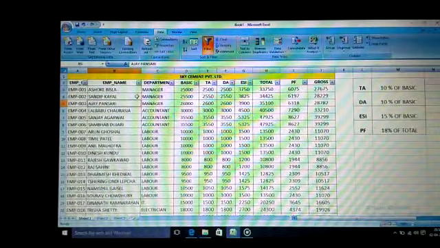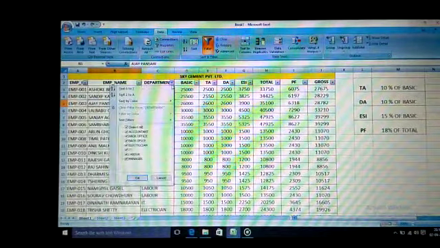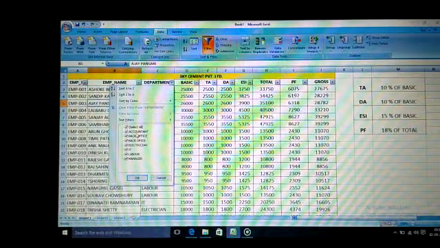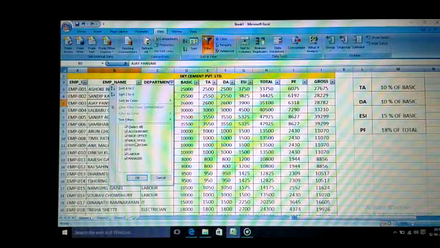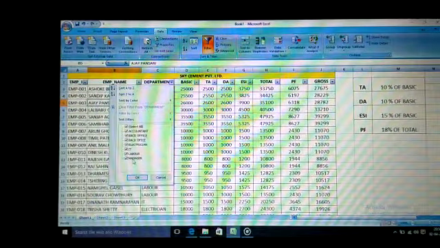What is the purpose of using the data filter? Let's consider I want to see the department values. Here all departments are shown individually: accountant, back office, electrician, IT, labor, manager.